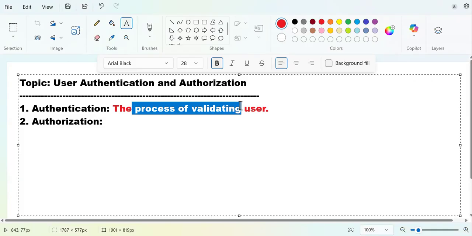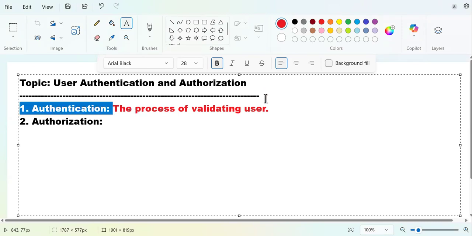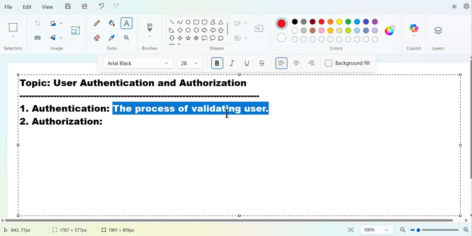Okay, you must be a student of this university. That is the first thing. This is authentication. Now, authorization means